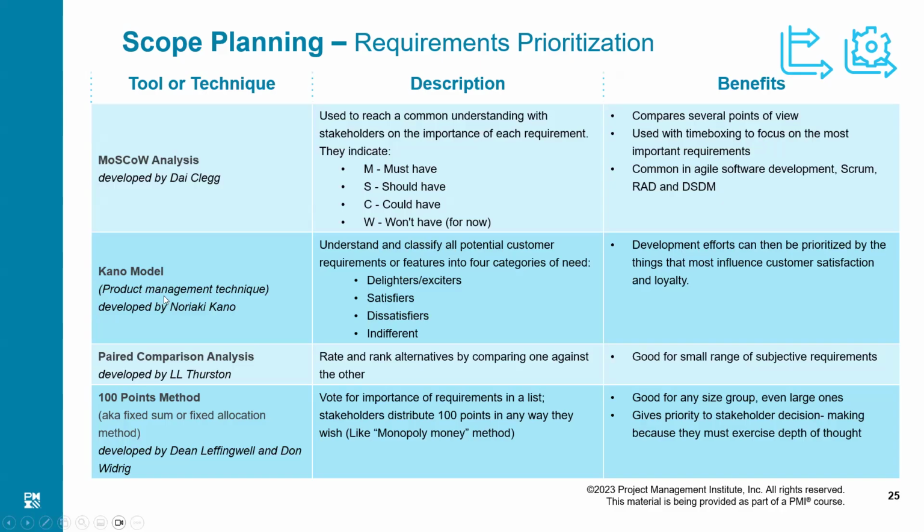The 100-point method is like monopoly money. I give you 100 artificial dollars and I tell you that these are the various options. You can vote with your 100 points. You can spend your 100 points anywhere. You can give all the 100 points to one choice, or you can distribute them across more than one option. But I would say that if we are going to do this, we probably have to ensure that